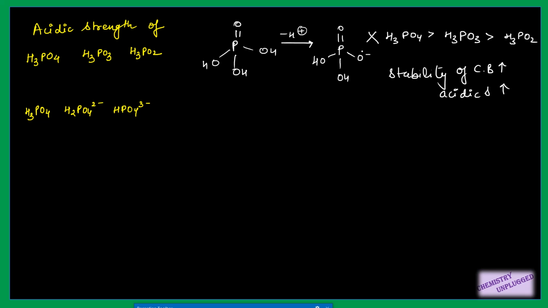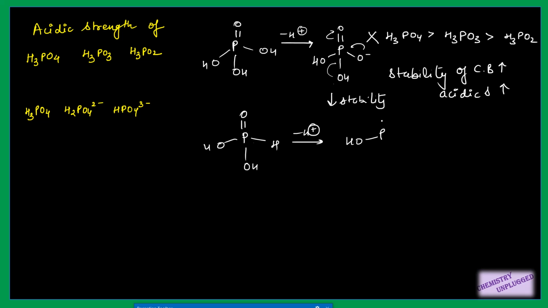But in this particular case, if you look at the stability, we have resonance here, but due to this OH, it can show cross conjugation, right? And due to cross conjugation, the stability of this conjugate base decreases. We have here 2 OH which can hinder and decrease the stability. In case of H3PO3, you have this one, and when you donate a proton, you will have this conjugate base. Now you have 1 OH which can decrease the stability, so it is more stable than this conjugate base, but it is still not stable.